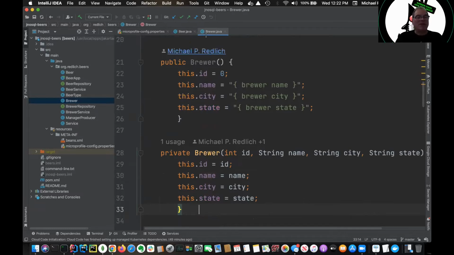All right, so let's see, where do we want to go now? We have two different things. I have a beer repository and a beer service. You can use one or the other, but in this case, it doesn't hurt to use both. And the same thing for a brewer repository and a brewer service. So in the beer repository,